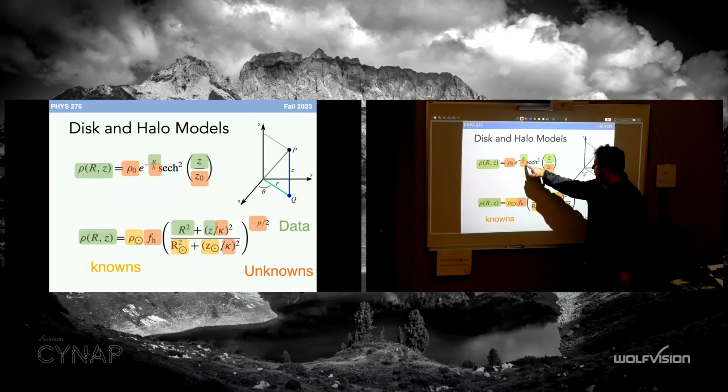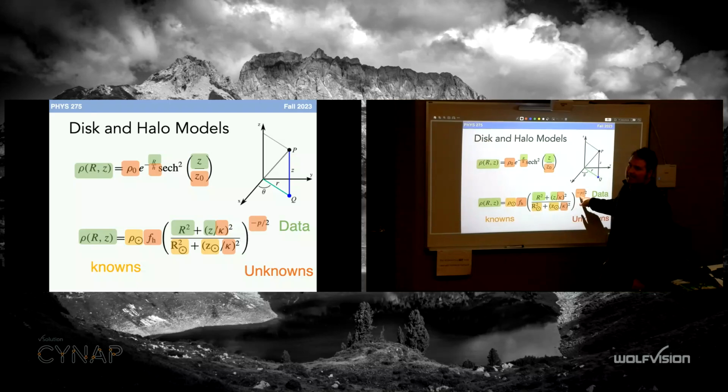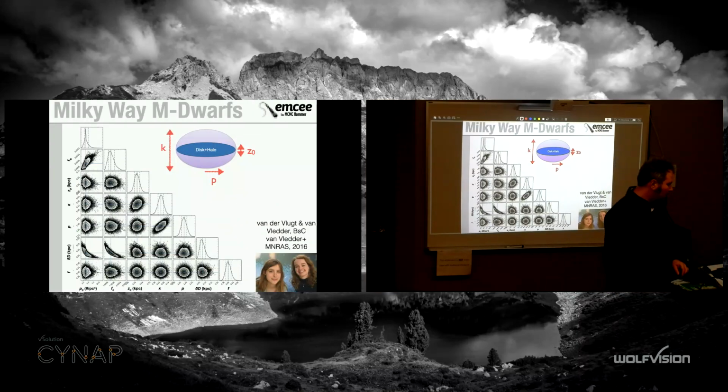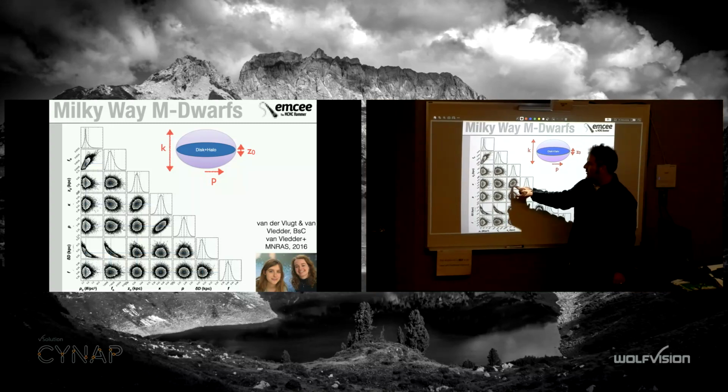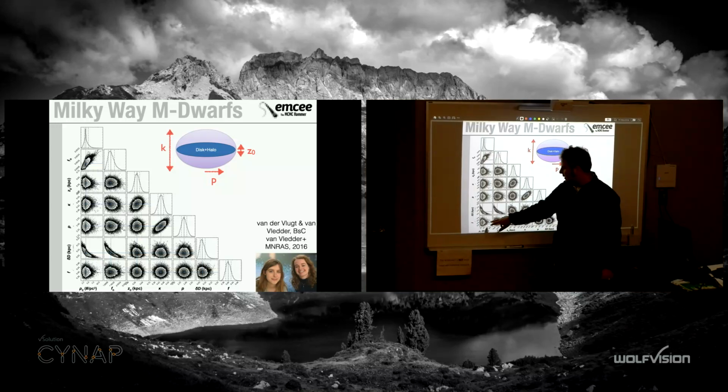That's 1, 2, 3, 4, 5, 6 parameters for a simple two-component smooth distribution of the Milky Way. This is literally a disk that declines with the radius. And this one is a spheroid with a certain decline with radius as well. Okay, this is what you do. You do this MC thing where you run around with a whole bunch of walkers and see what the best fit is. And so you end up with things like, yeah, this is pretty Gaussian. These two things don't know about each other.